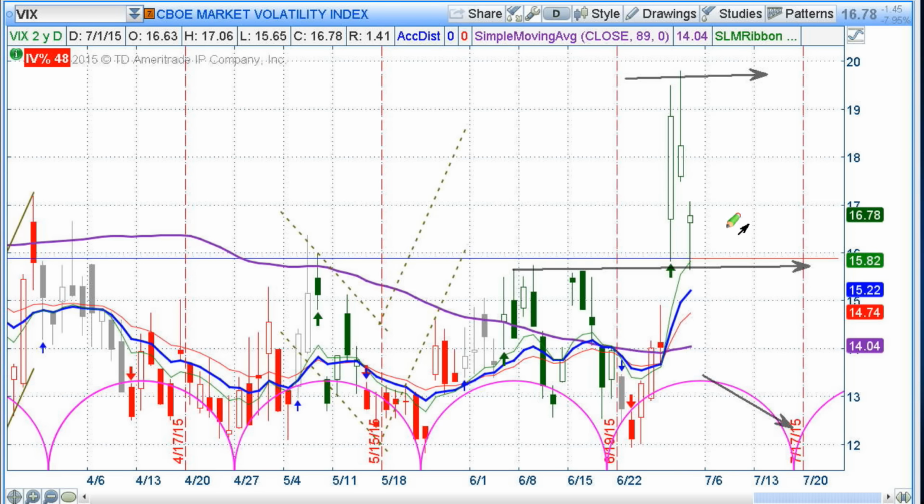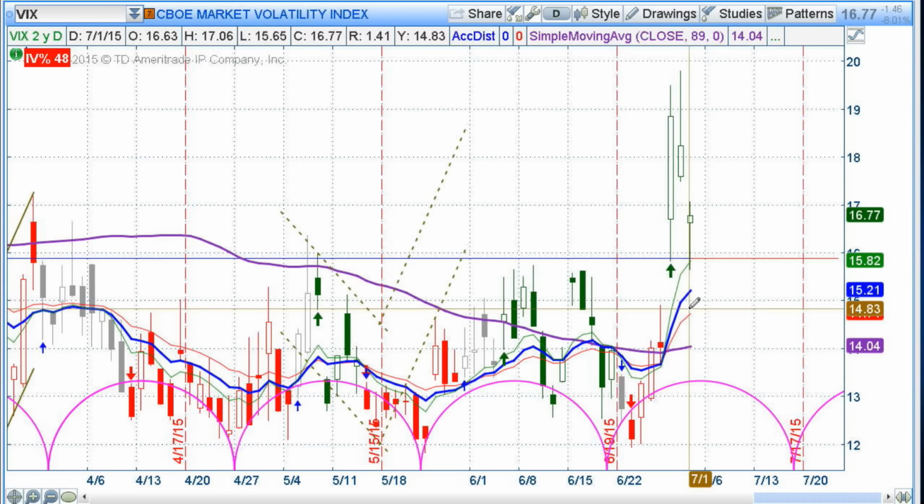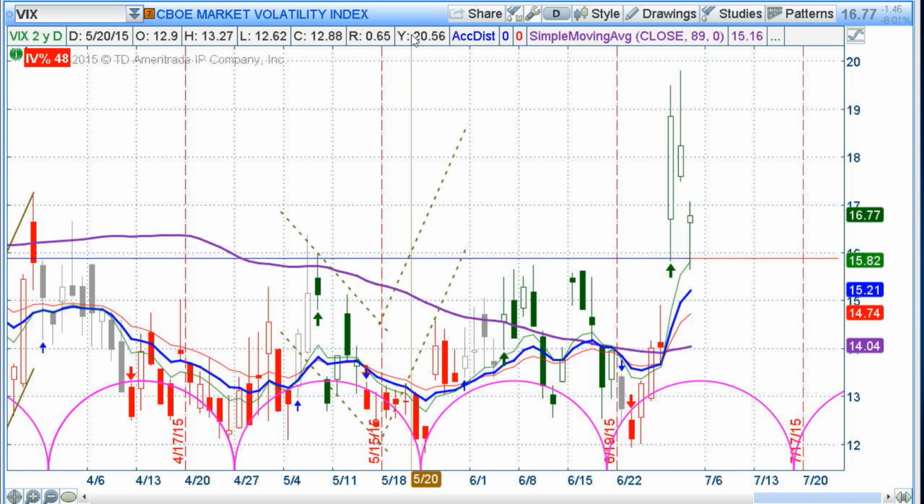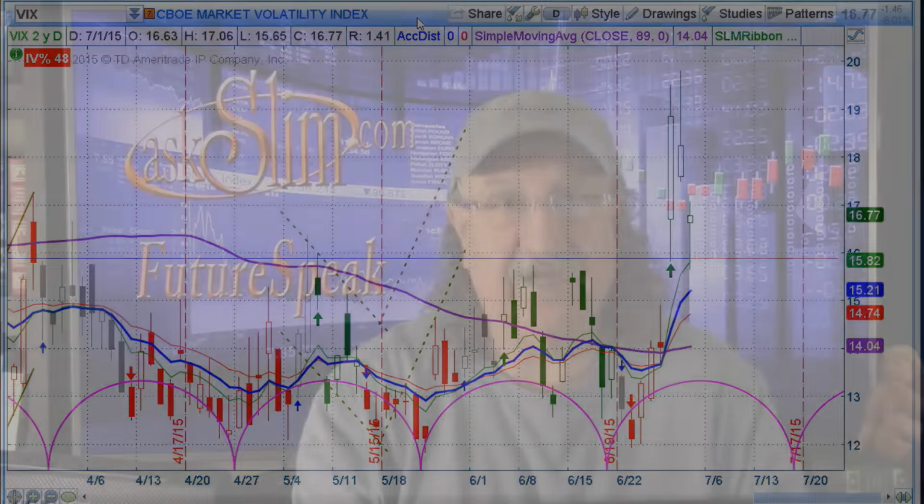So we're going to see a lot of chop in here, and I think we're going to see big moves in the stock market, chopping back and forth also based on what we see here. Big wide range here between support and resistance in the VIX. So that's a look at the stock market and all the pieces that go in there, and we're looking at a period where I think we're going to be chopping around a lot in here, and then probably get another leg to the downside